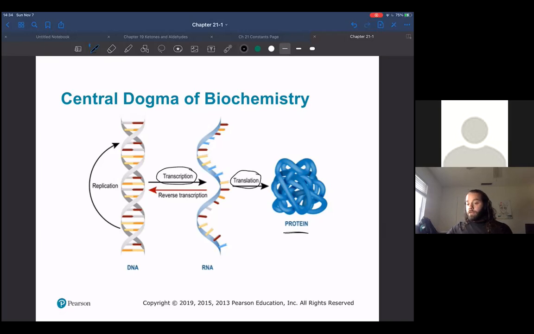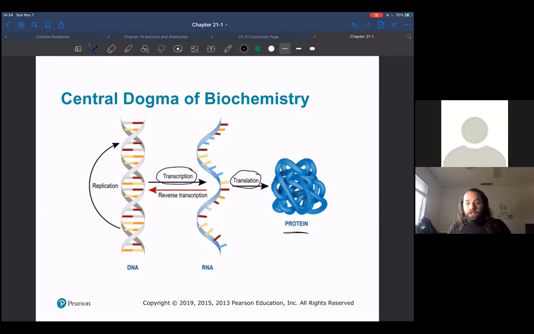Okay, so all the proteins in your body, the code for them lives in your DNA. The DNA is first transcribed into RNA. That RNA is moved out of the nucleus in the cell and then translated into the actual protein structure. Okay, so kind of how I think about it is